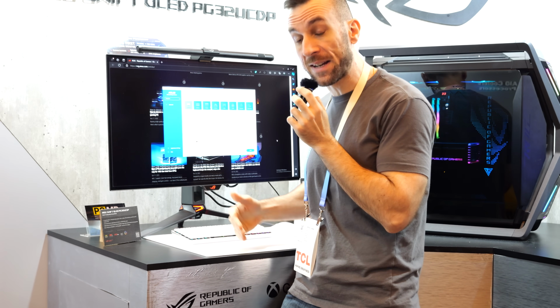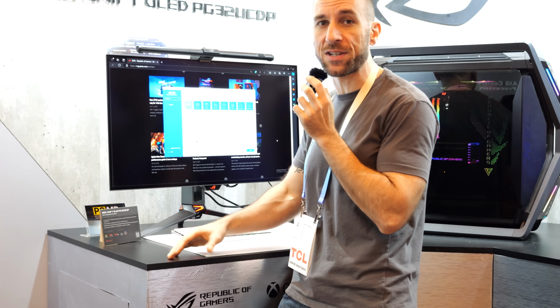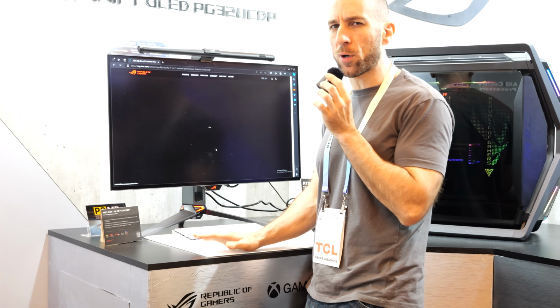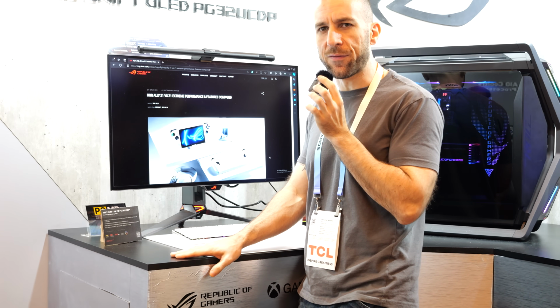Shadow boost. You max out the shadow boost, you max out the contrast, you're playing COD. So honestly, for our purposes, even though it does have the dual mode,